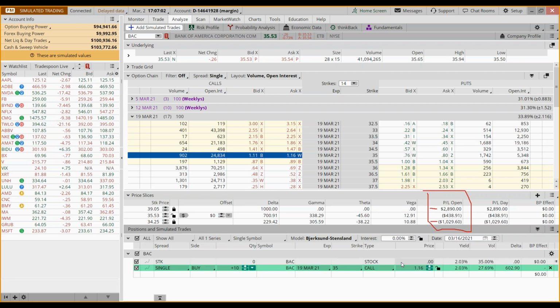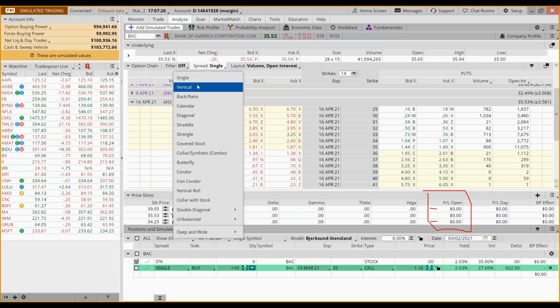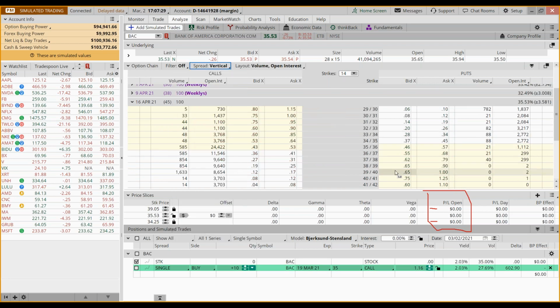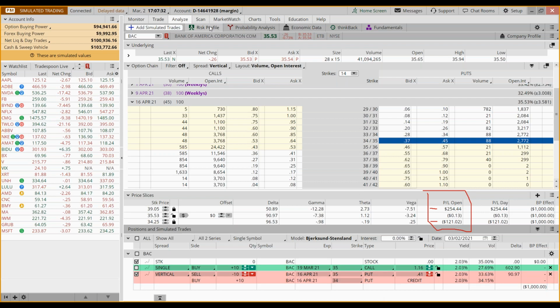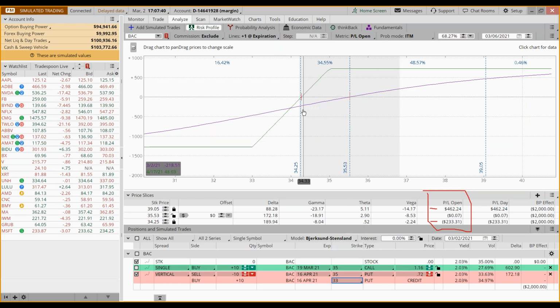The longer you're in the trade, the lower the probability of achieving your goal. Not necessarily of success, but the longer you're in, the worse it gets because the more you lose to the downside, right? But it meets my rules. I would consider it, sure. Or I could go out an extra month and maybe consider doing a spread where I might do something like this, 34 by 33.